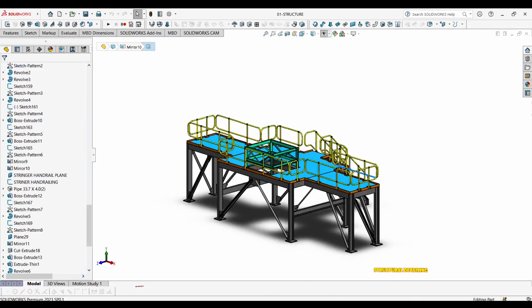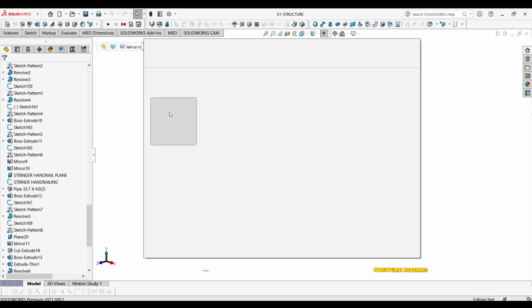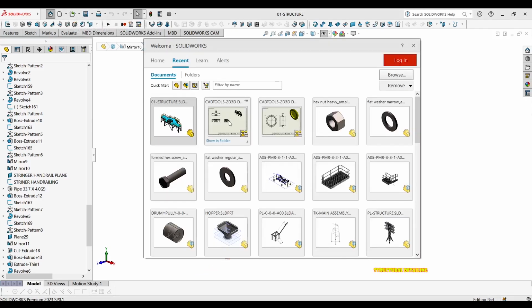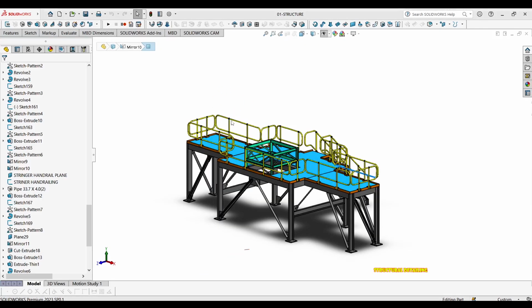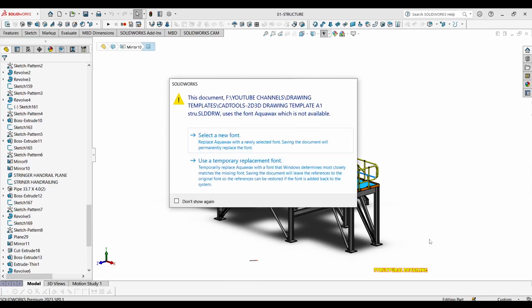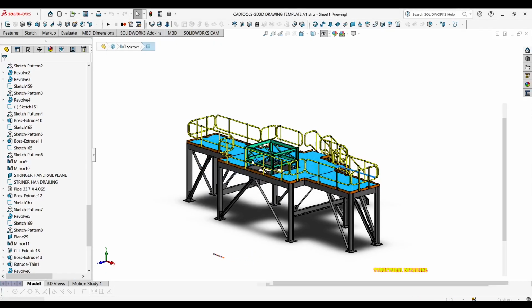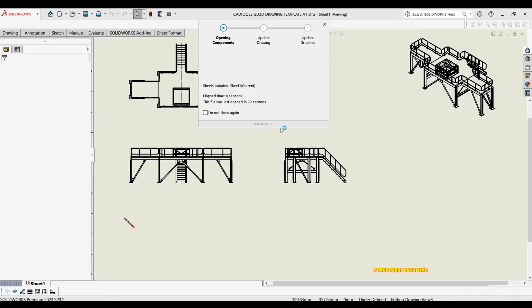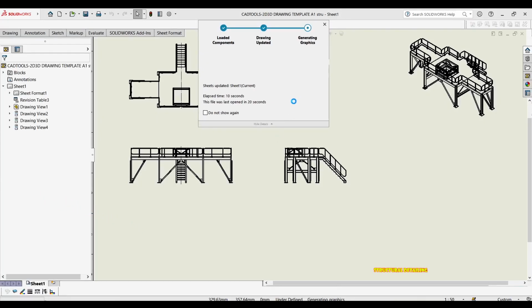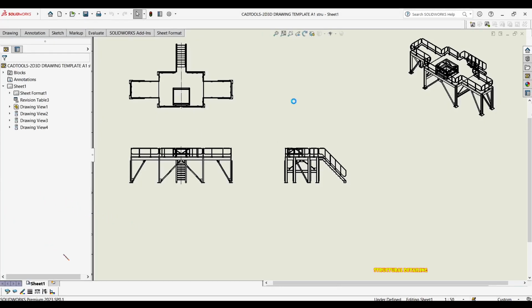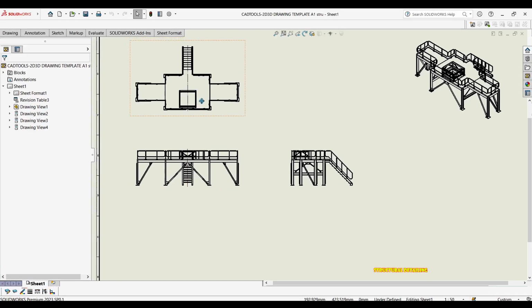I think I already have it open. Oh no, I don't. So I'm going to browse. I think I had my views in there already. Sorry. Okay, the other thing, guys,